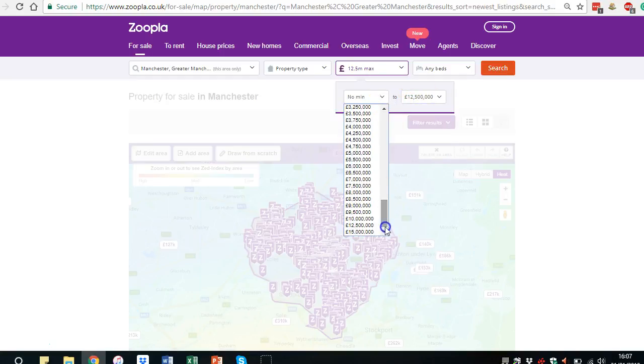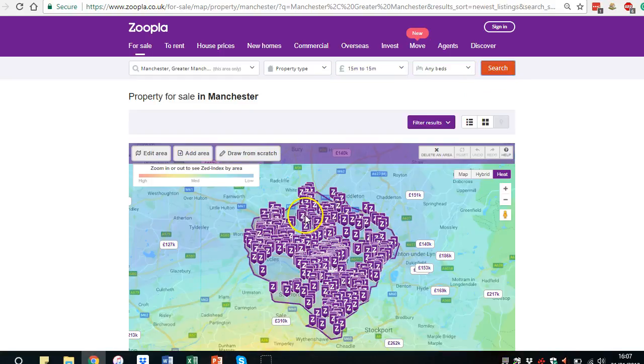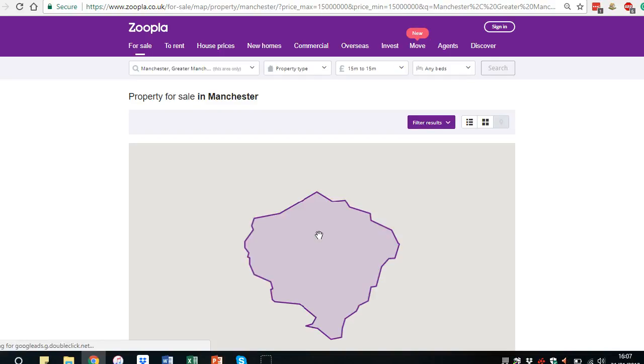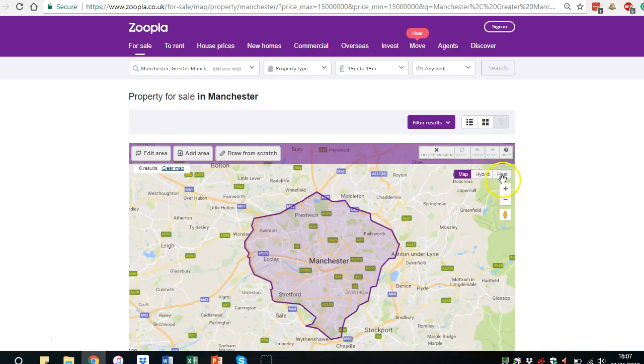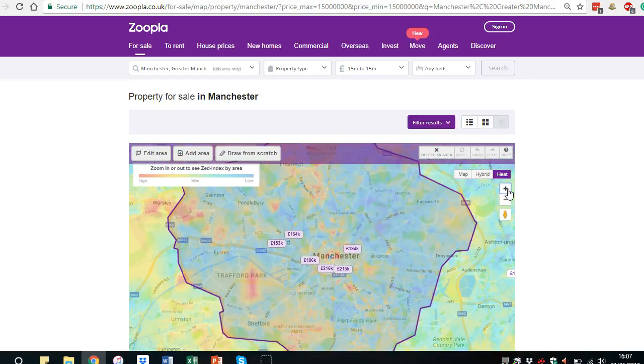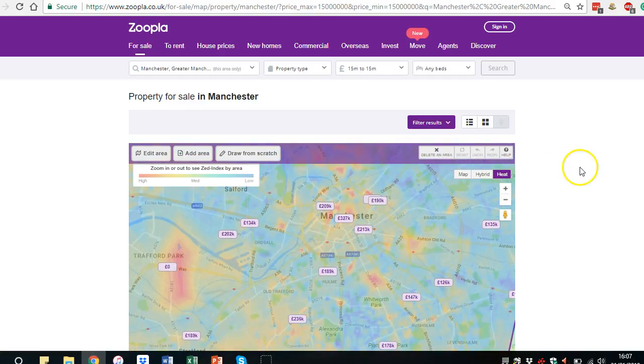And then the same for minimum. Really, it strips out all of these actual pins of properties and just gives us the map overlay, because it's more the color coordination that we're interested in on this occasion. And then if you scroll down, the closer you scroll in, the better the detail is going to be